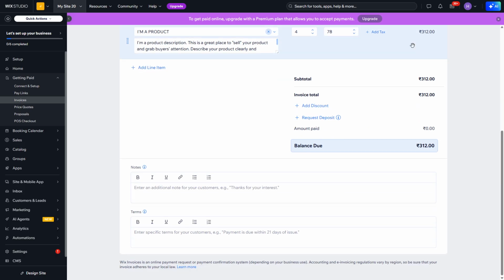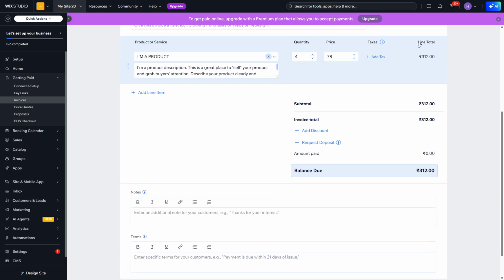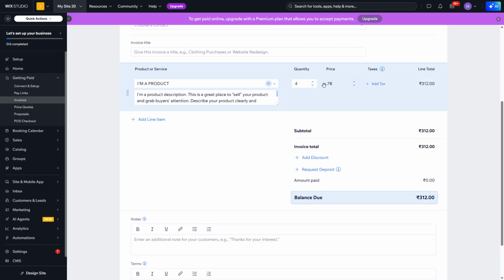Finally, before you send off the invoice, click on Preview to see how it all appears. This is your chance to catch any errors or make adjustments. Once satisfied, you have a couple of options. Send the invoice directly to your client's email or save it as a draft for later. Both options are easily accessible and enable you to work